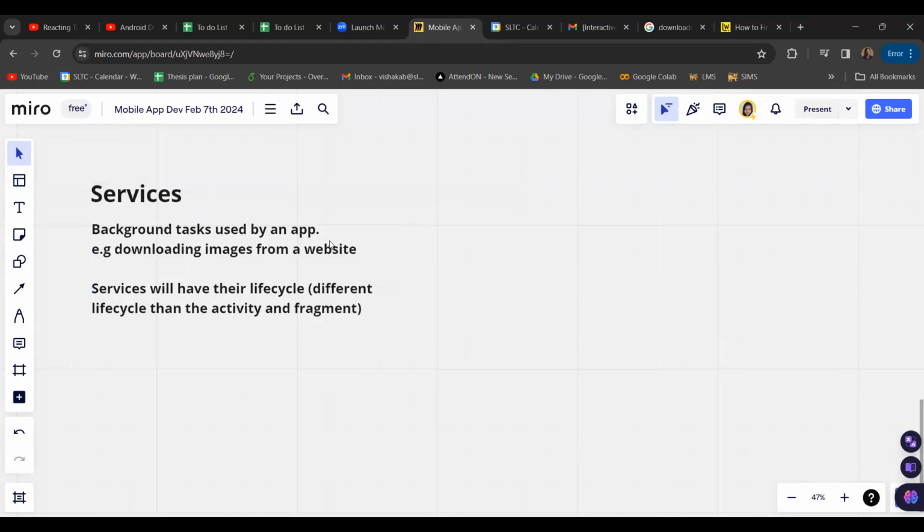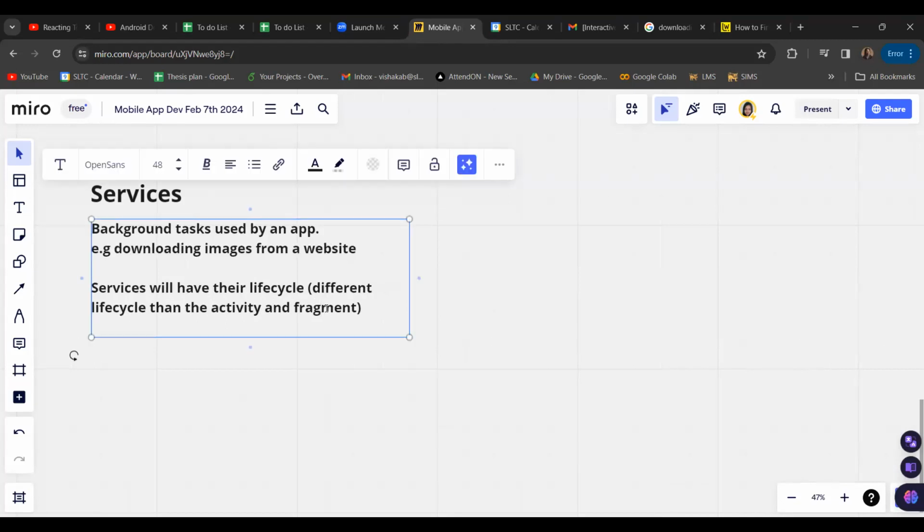So services will have their own life cycle, and that life cycle will determine what kind of activities or stages the service will go through once it is created, once it is running, and once it is destroyed. So there are different stages that the service's life cycle undergoes. The different stages of a service life cycle will be